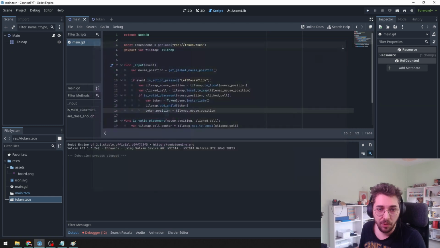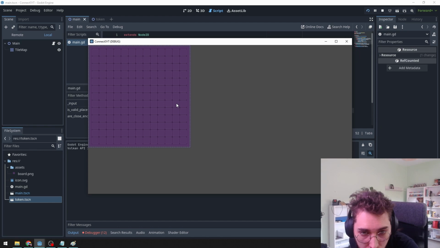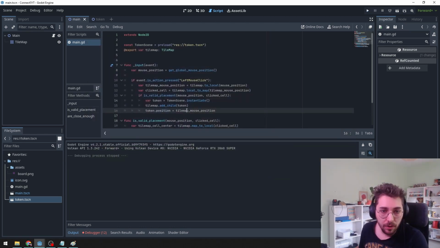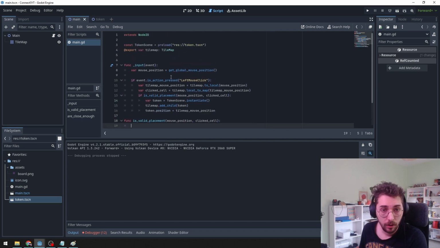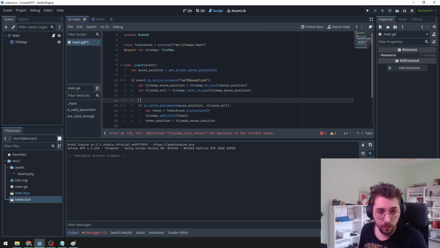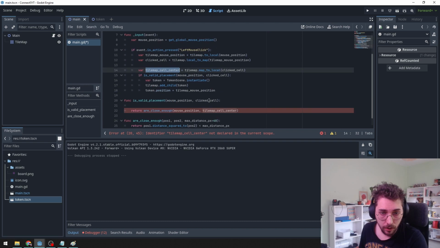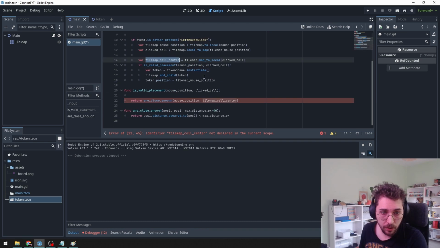Oh, right. If we use the mouse position, then if I click here and then here, they're going to be a bit shifted. So rather than using the tile map mouse position, I think we need this. Damn. Okay, let's then move it here. And then is valid placement doesn't make sense anymore. We can just call is close enough